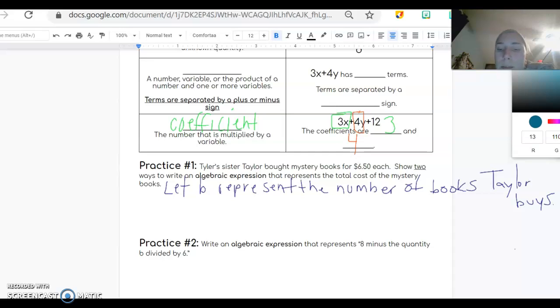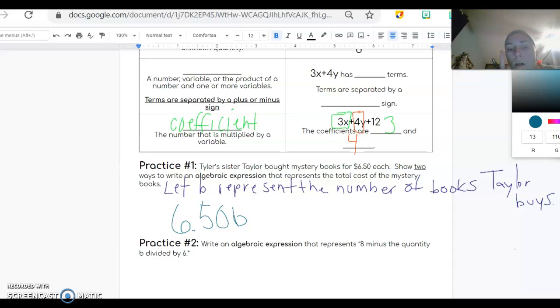And we know that the books cost $6.50 each. So one way we can write this is $6.50 times B. Okay? Remember, when we have a variable right next to our coefficient, our first term, that shows